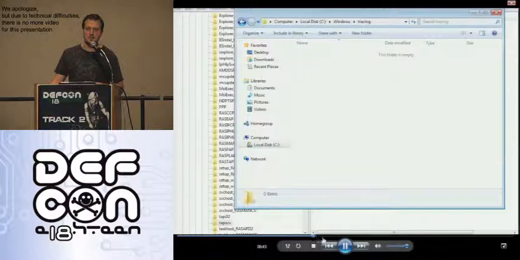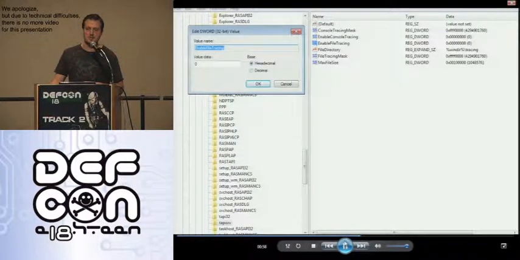Then I continued looking at the values, and I found another, more interesting value that was almost self-describing. The value is named EnableFileTracing, and remember, it was under the Tracing subkey. So I said, okay, let's set this value to 1 to see what happens.